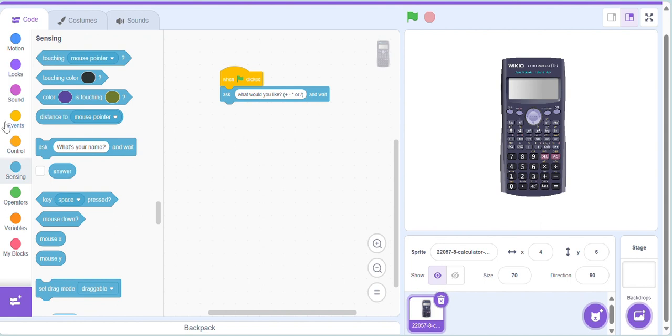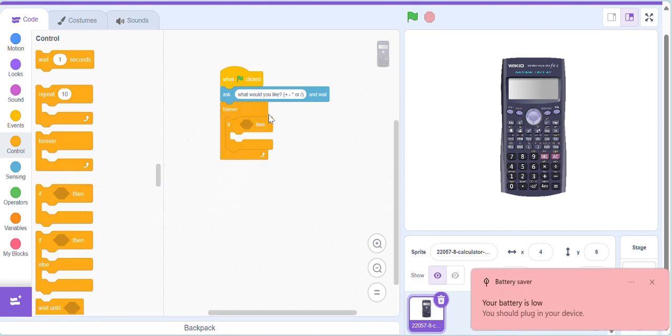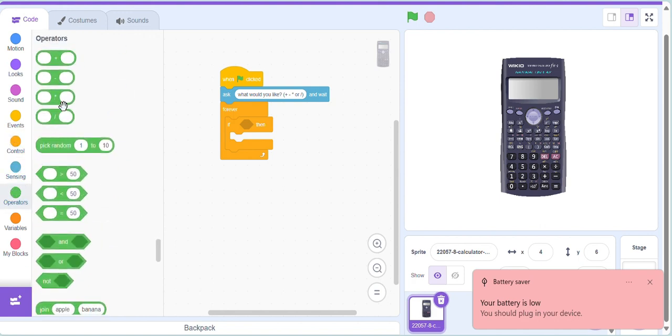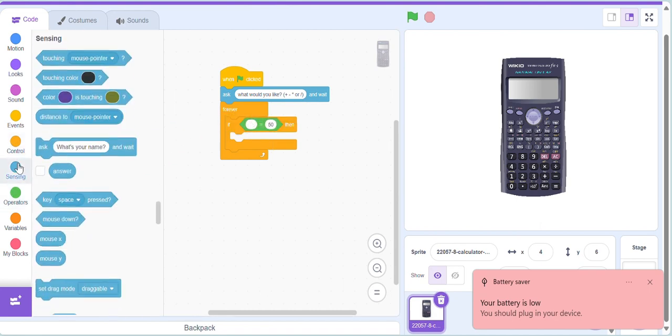Then go on to control forever. Then grab yourself an if then and go on to operators. Go ahead and grab this block. Click on sensing and answer equals addition, for example. Now, the first step is doing